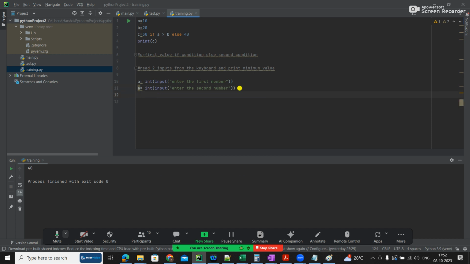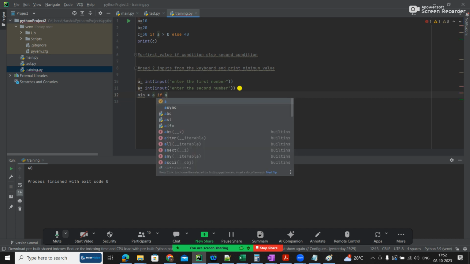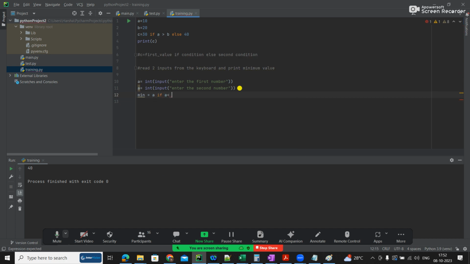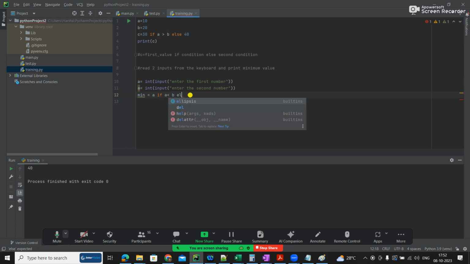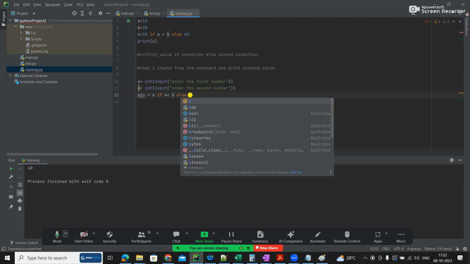We did this yesterday, so today we will do it with the ternary operator. If a is lesser than b, then it will be a only. Okay, if a is lesser than b, a will be there, or else b will be there. So I am doing it in a single line.